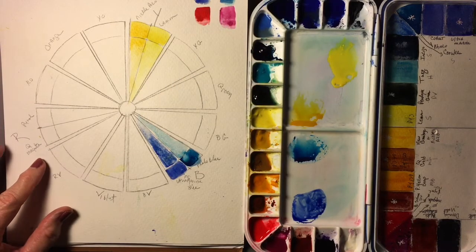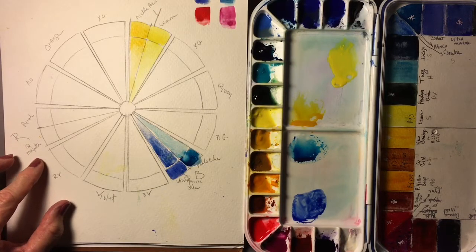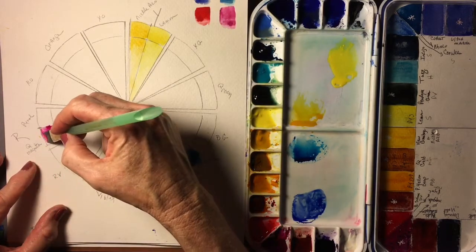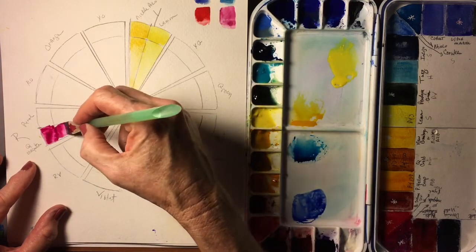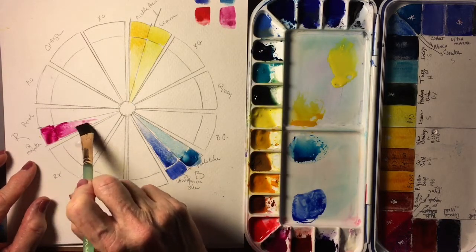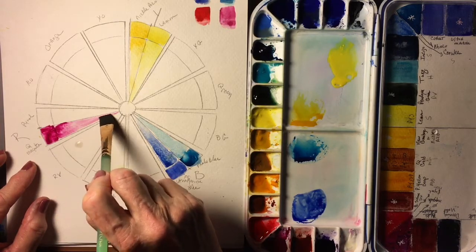All right, and let's do our reds. And for our reds, remember we had a very pinky red, which is quinacridone magenta. And let's go on and take that back down into here so we can see it at its most dilute